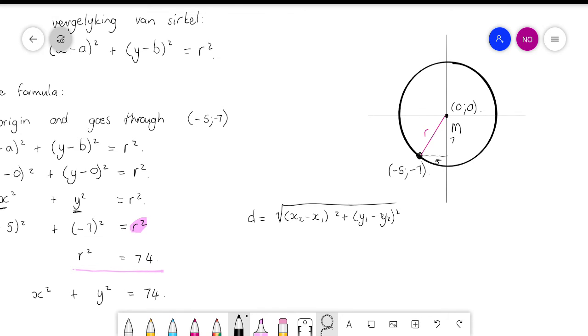Okay, en onthou om die afstandformule te gebruik, kort jy twee koördinate. So by die een koördinaat gaan jy die 0 en die 0 instel en by die ander koördinaat gaan jy die -5 en die -7 instel. Okay, so as jy hom gebruik, dan gaan jy uitkom by die radius van hierdie sirkel is √74, but remember